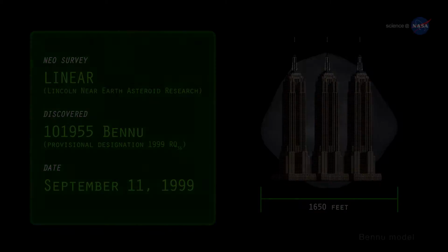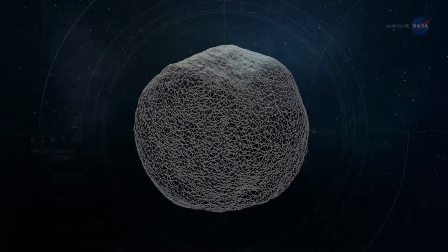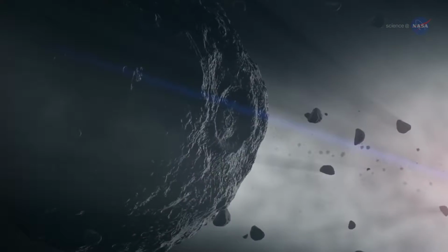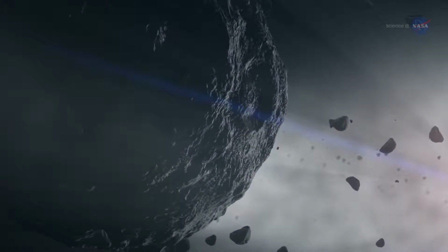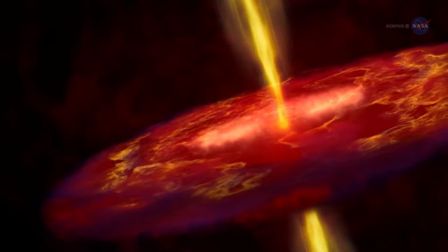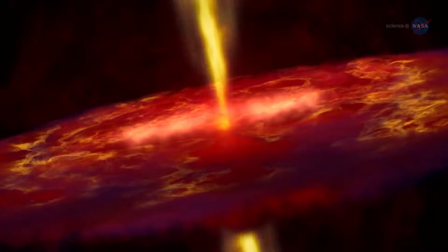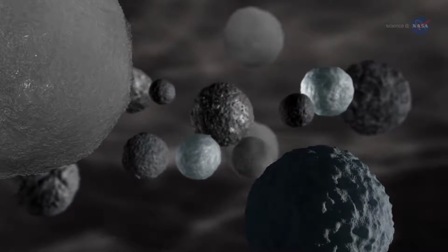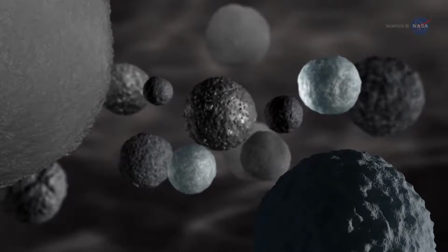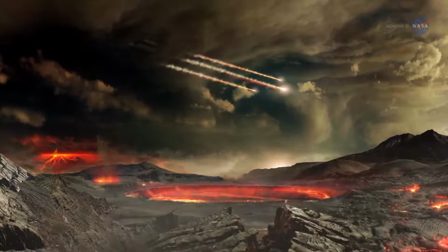So why Bennu? Because the asteroid is interesting due to its size and composition, and it is accessible to be sampled. Bennu is a primitive and carbon-rich asteroid. Primitive asteroids contain material that has not changed significantly since they formed over 4.5 billion years ago. The analysis of any organic material found on Bennu will give scientists an inventory of the materials present at the beginning of the solar system that may have had a role in the origin of life on Earth and potentially